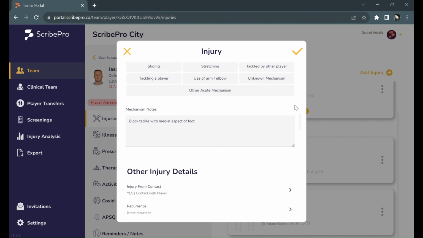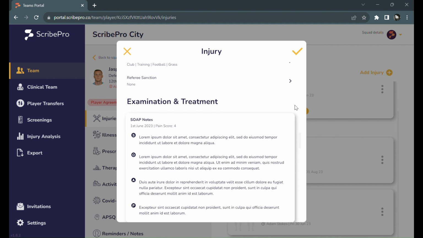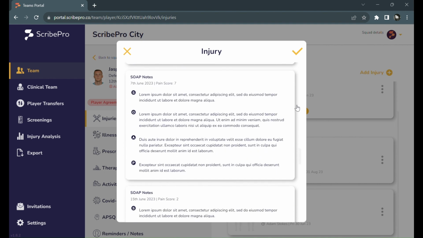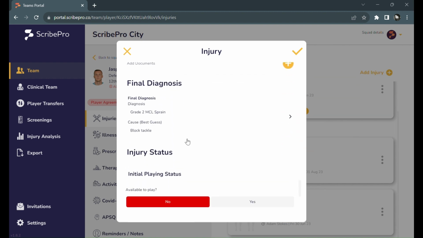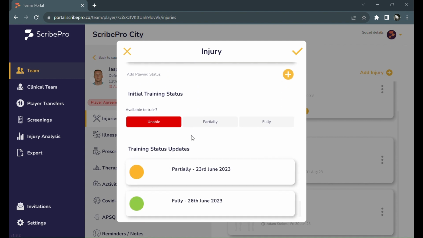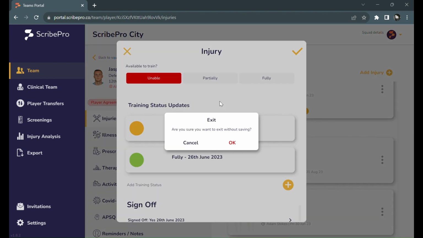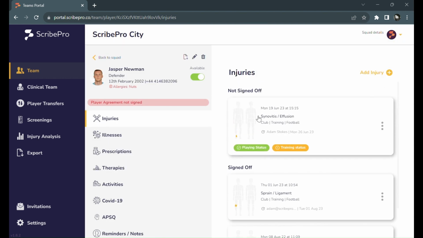We can scroll through, easily see any notes that were made for these injuries, any documents that were uploaded, and then any historical status updates as well. We see the current injuries that are ongoing and the playing status, and then we have the ability to easily